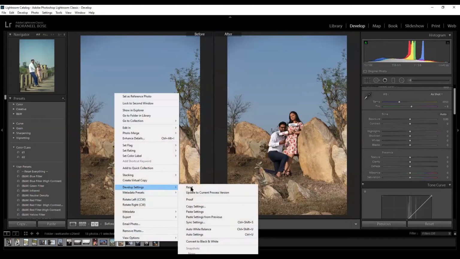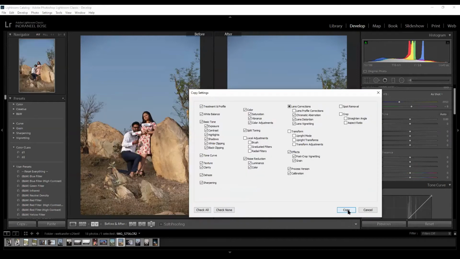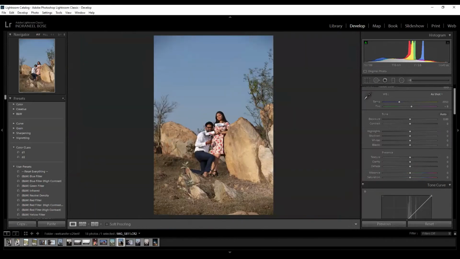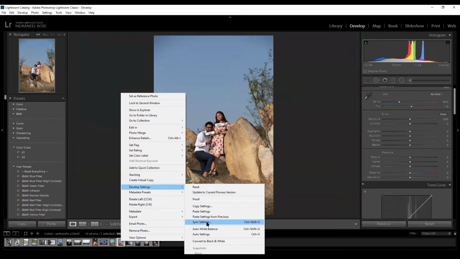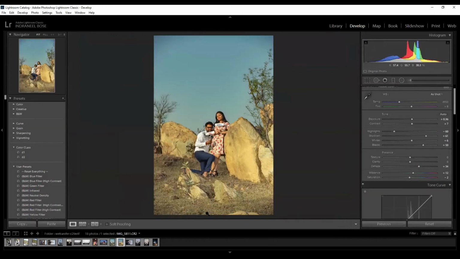Copy the settings, develop, paste settings. See, now one more thing that we can do over here. Can you see this preset panel written over here? Yes. Now this is my setting.